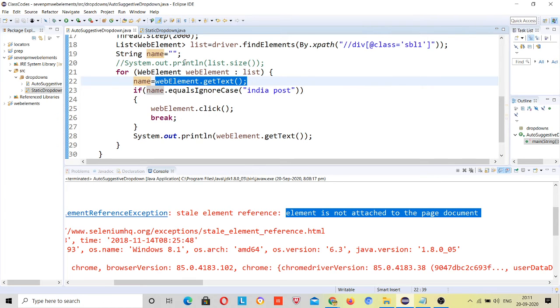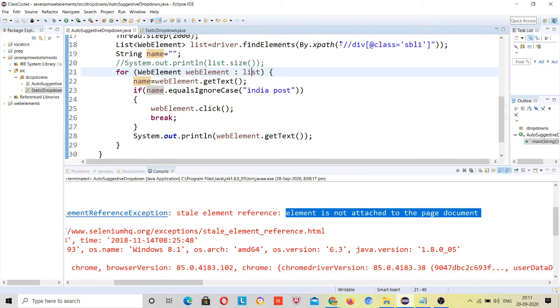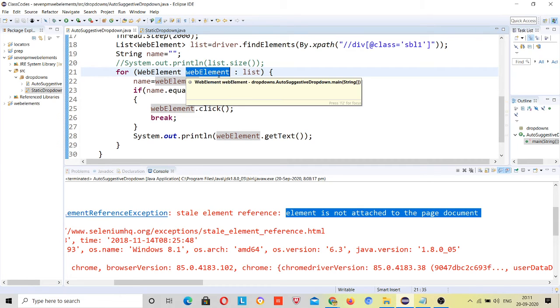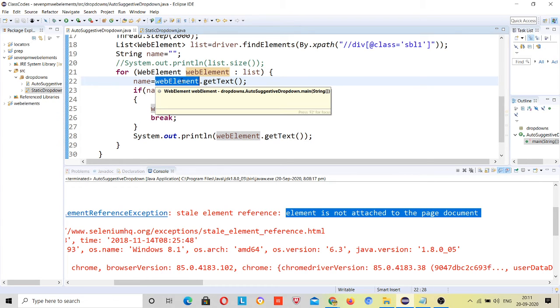What was happening? I got all the values from the same locator. Then I stored all of them in a list variable. From the list variable I was giving them one by one to this web element, and I was trying to get text from each web element.